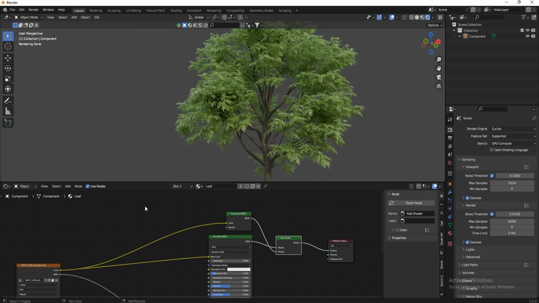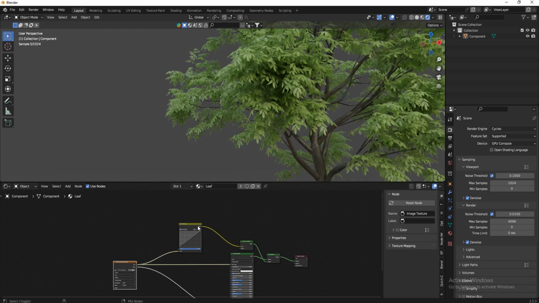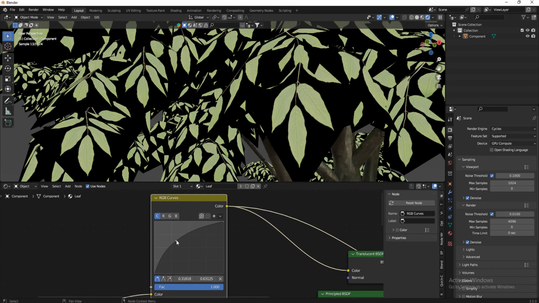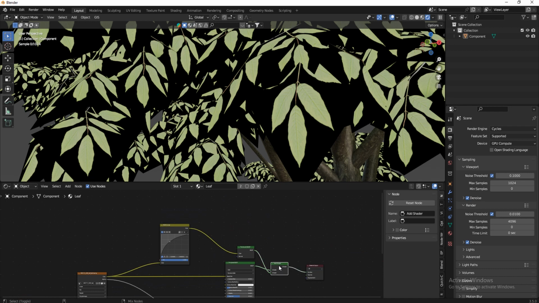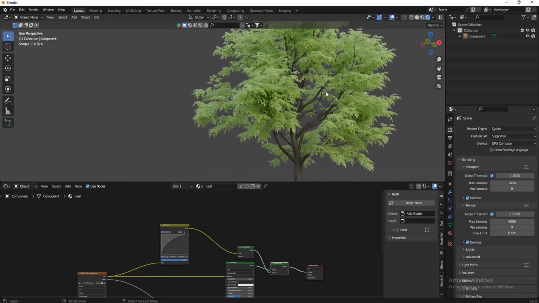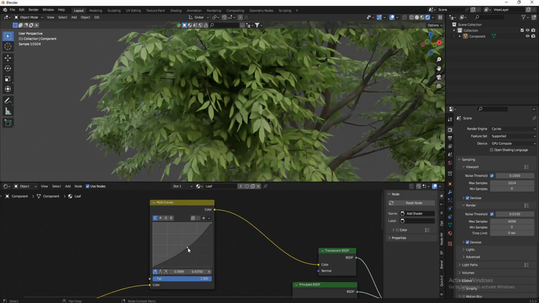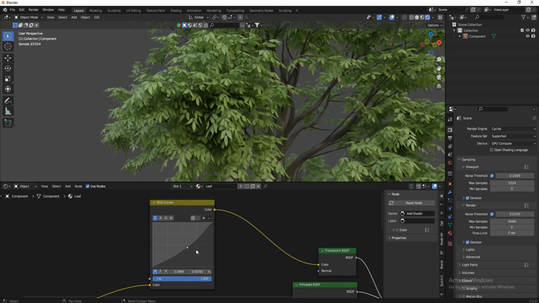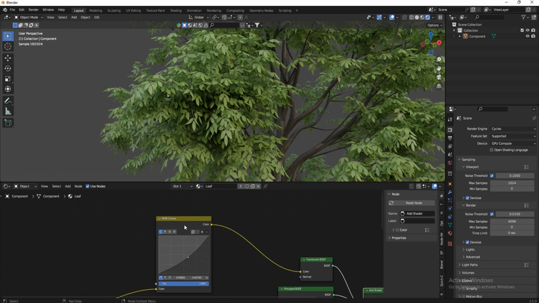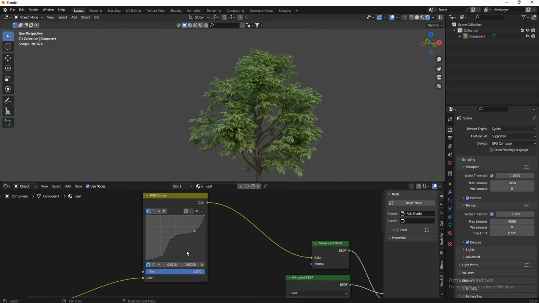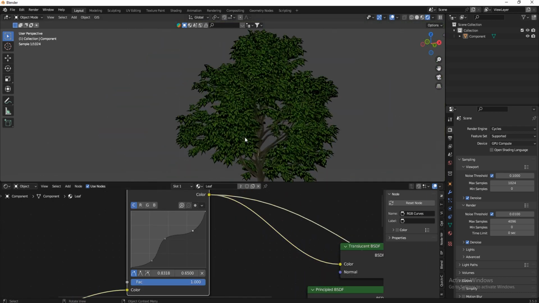To do that, I'm going to press Shift A and then add an RGB curves and then plug it right here. So I'm going to Control Shift click this one. So what I'm going to do is we can make this one brighter like this. If I make it brighter, for example, Control Shift click this one, as you can see, we're going to have more translucency. And if I make it like this, we're going to have less translucency, right? So you get the point. So maybe we can play with the curves like this, create an interesting curve. So if I Control Shift click this one,